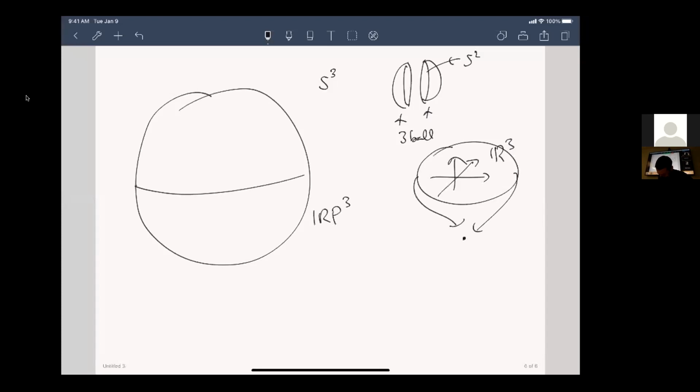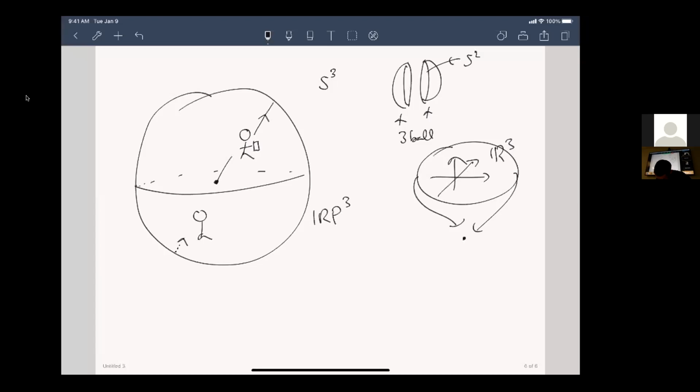And so what that really looks like is that RP3 looks like the interior of this ball, but let's say I'm drinking something and I'm traveling in this direction. What this means is that I will be identified and I will come out the other way,